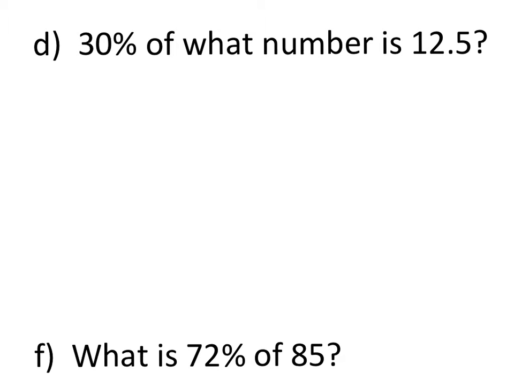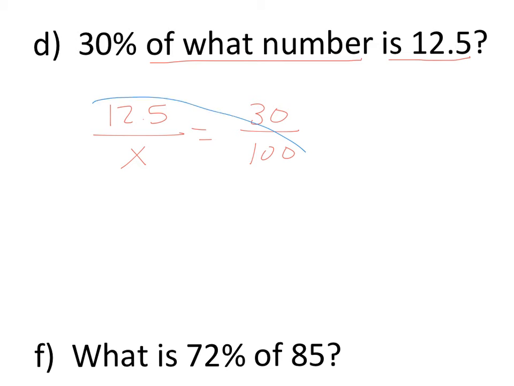Okay, so when I'm looking at this, of what number? The of I still don't know is 12.5. So is, so 12.5 over of, I don't know, percent, 30% out of 100. All right, so then you should have cross multiplied and got 1,250 equals 30x, and then take that 1250, divide it by 30, and I get